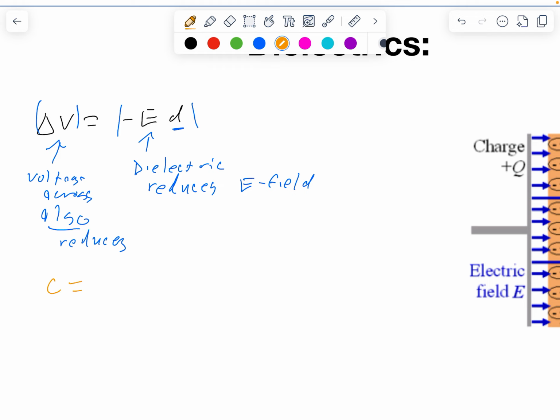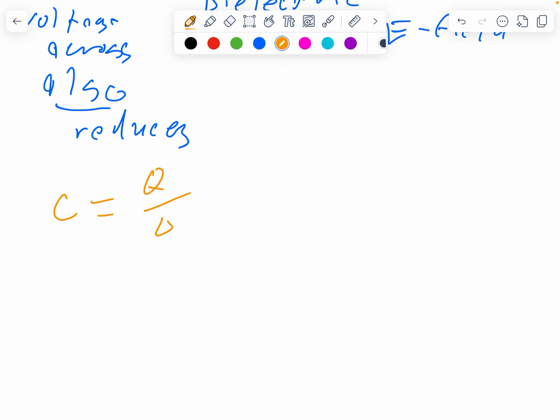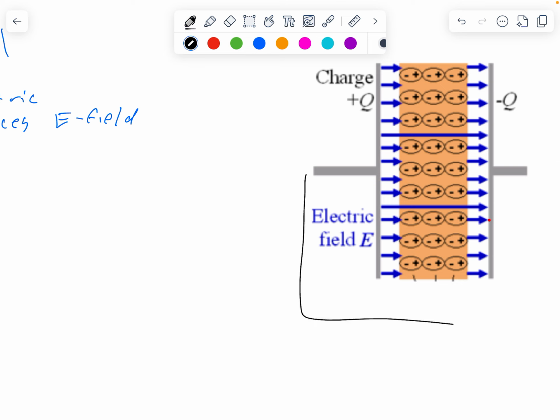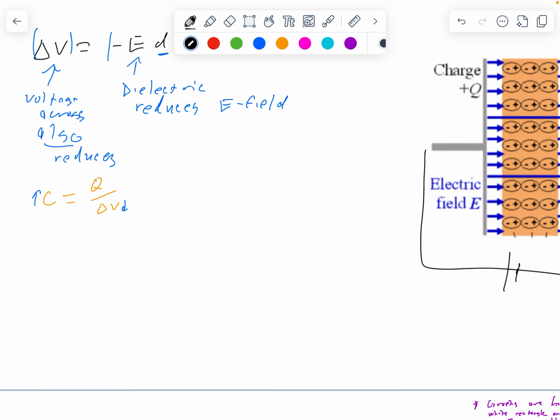Well, what does that mean? Capacitance is defined as the charge with respect to the change in voltage. So if all of a sudden our voltage gets smaller, then our capacitance is increased. What that physically means for us, because very often when we connect these things, we hook them up to a fixed voltage source. So if we maintain the voltage, or just another way to think about this, the dielectric increases our capacitance. So then if we hold that constant,